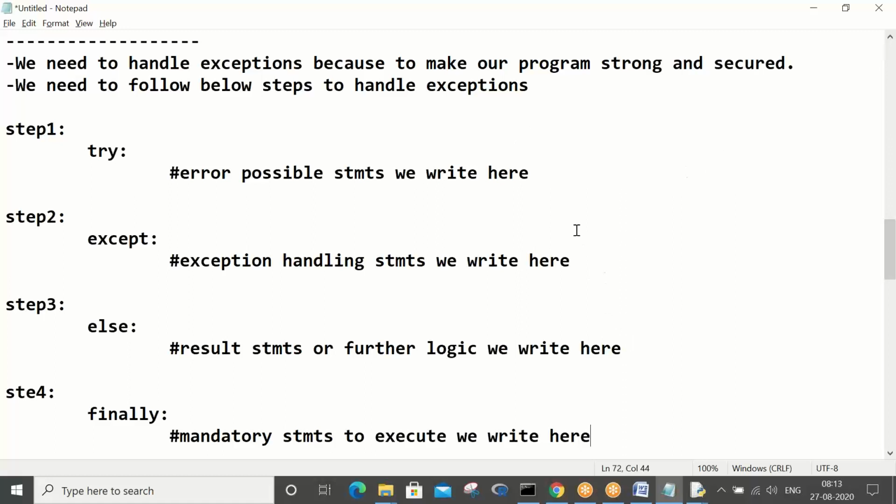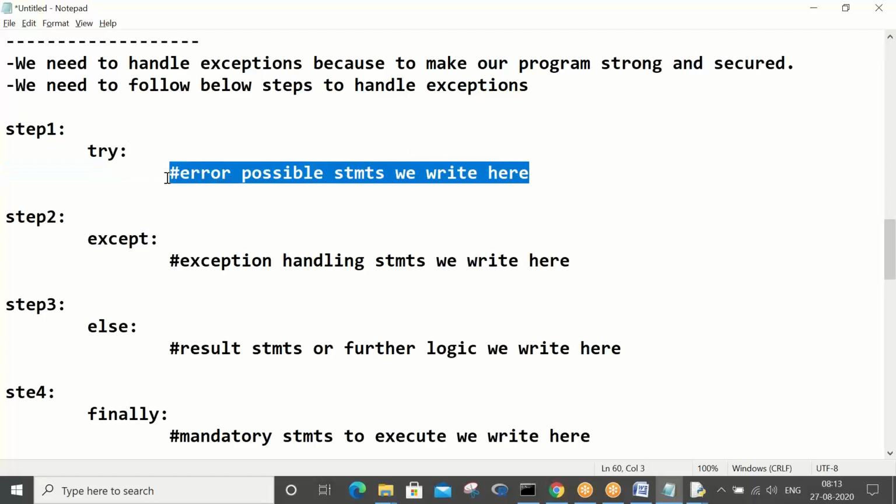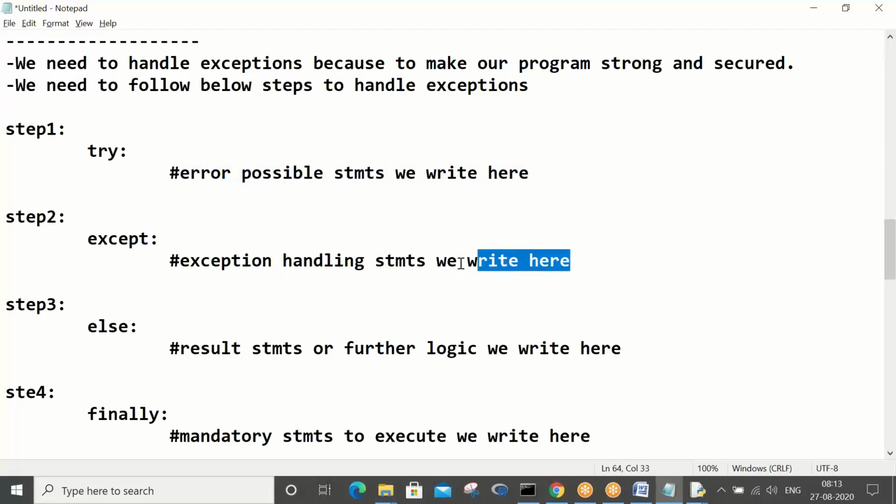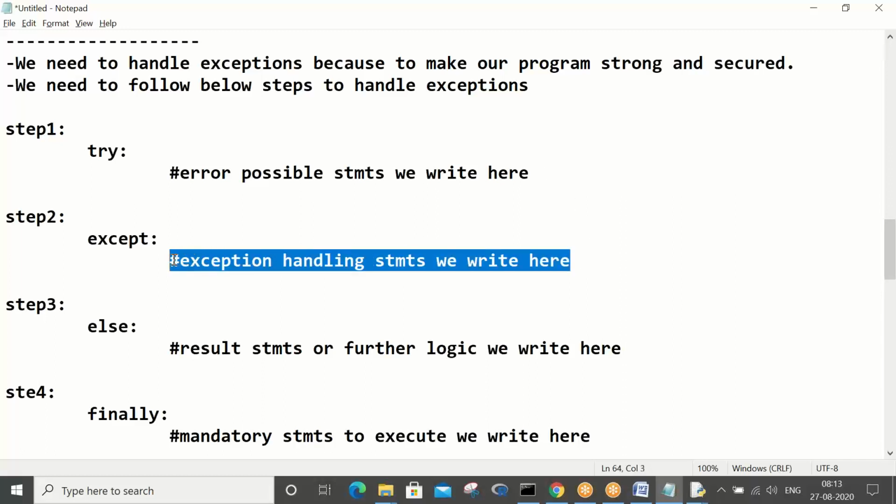So basically, error-possible statements you will have to put in the try block. If an error occurs in the try block, then automatically the exception handling statements get executed. Like 100 by 0 is an error, that time except gets executed.